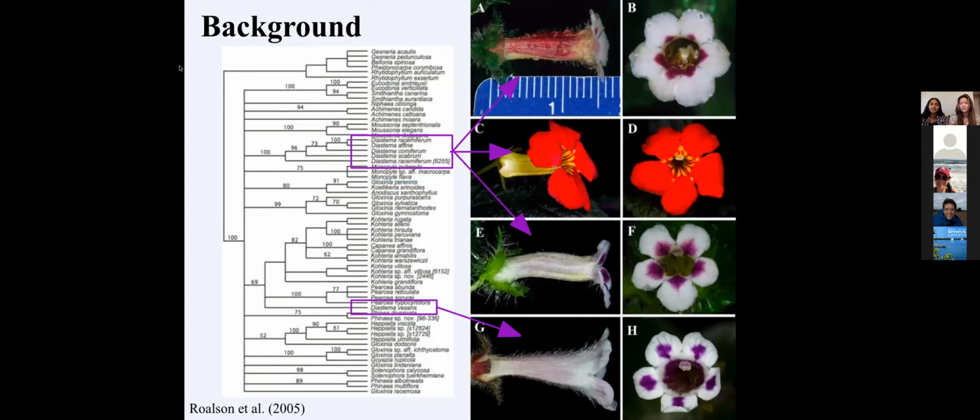And to give some visual context, here are images of the different Diastema. C is Diastema comiferum, A and E are Diastema racemiferum, and G is Diastema vexans. You can see that Diastema racemiferum and vexans look similar, but it's not because they share a recent common ancestor. It's just an example of convergent evolution. Monophyllaea is, again, monophyletic in this tree, so we didn't put pictures of it. We would anticipate that they would all look pretty similar to each other.